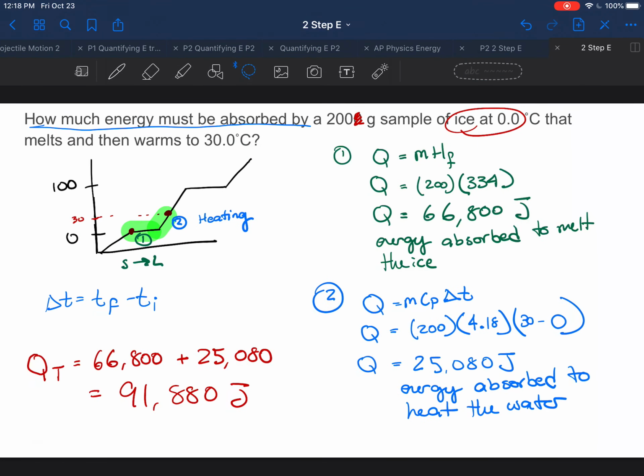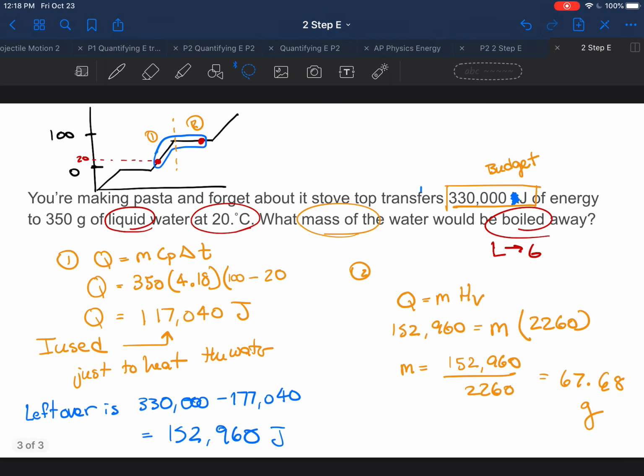So these are the two styles of two-step we could see. We can see either one where we have to figure out how much energy was absorbed or transferred out of the system by figuring out how much energy was used in this first process, how much energy was used in the second process, and then adding them together. The other is where they give us kind of this energy budget. They say, if you have this much energy, how much could you either raise the temperature or boil it away? So here I figured out, well, out of this budget, I used this much to go from here to here. And then I had this much left over, and where that took me over the